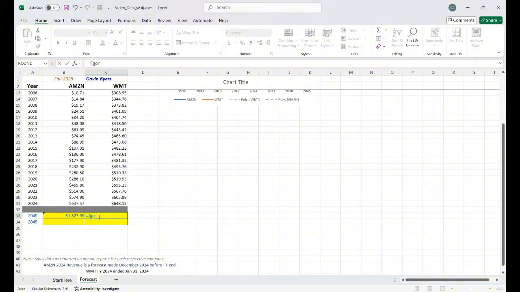So now we're going to do the same thing for WMT. So we're going to find the forecast linear function. Select it, go up to FX. It's going to be the same target date, 2045. The known Ys are going to be the values from the last 10 years for WMT, $648.13, going all the way up to $473.08. And then our known X's are going to be this last 10 years, so 2024 to 2014. We're going to click OK. You should get